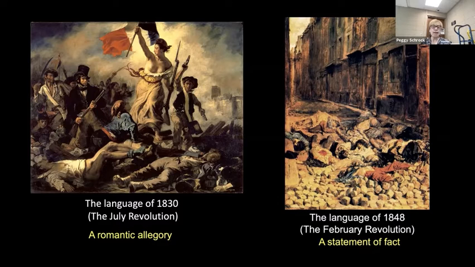The painting on the left is a very famous painting by Delacroix. It's an allegory of the revolution. So in 1830, it's a romantic voice, and its story is told through a romantic allegory. That figure is a personification of France or victory. It's called Victory Leading the People. She's carrying the tricolor flag, and you have people from all of the different classes working together, which is probably